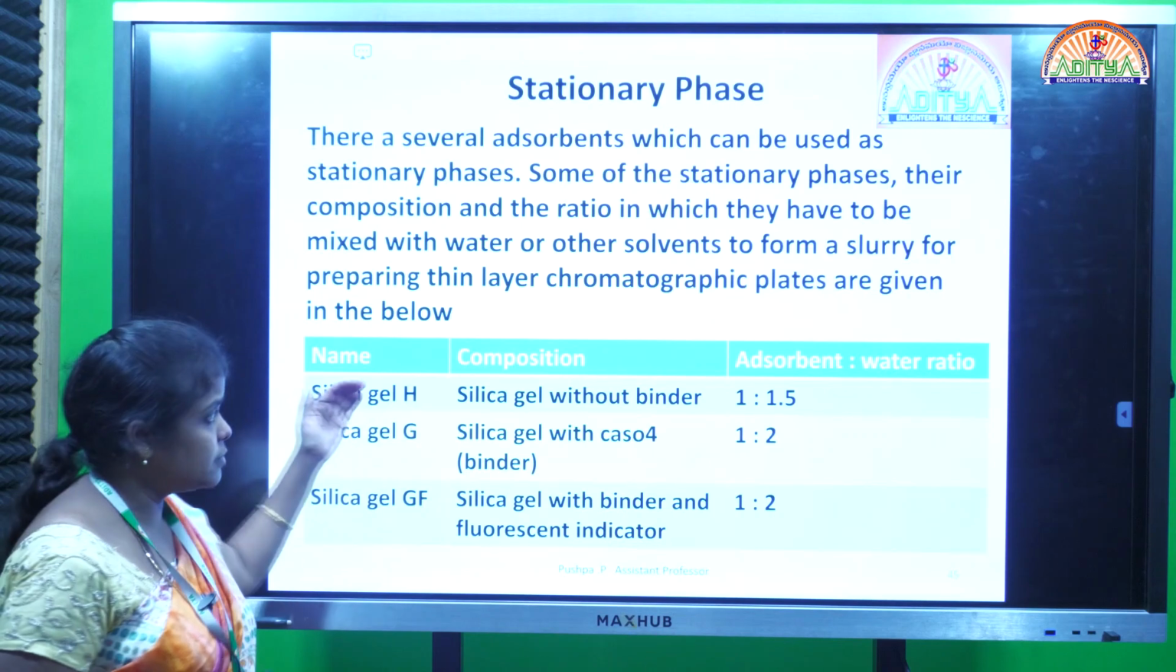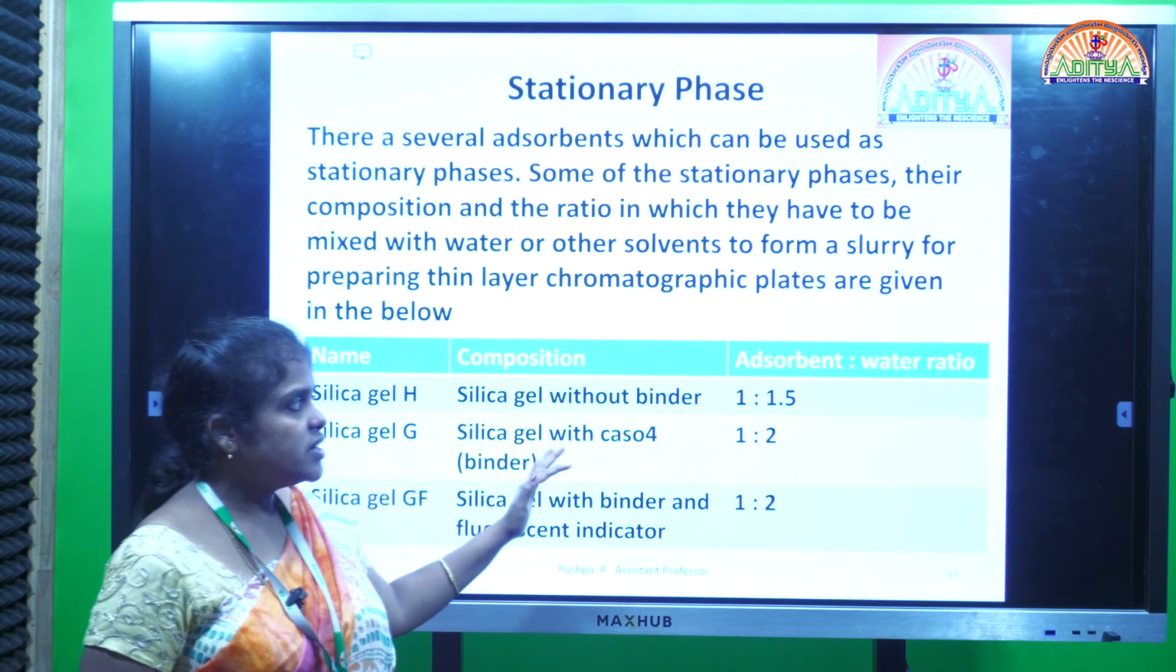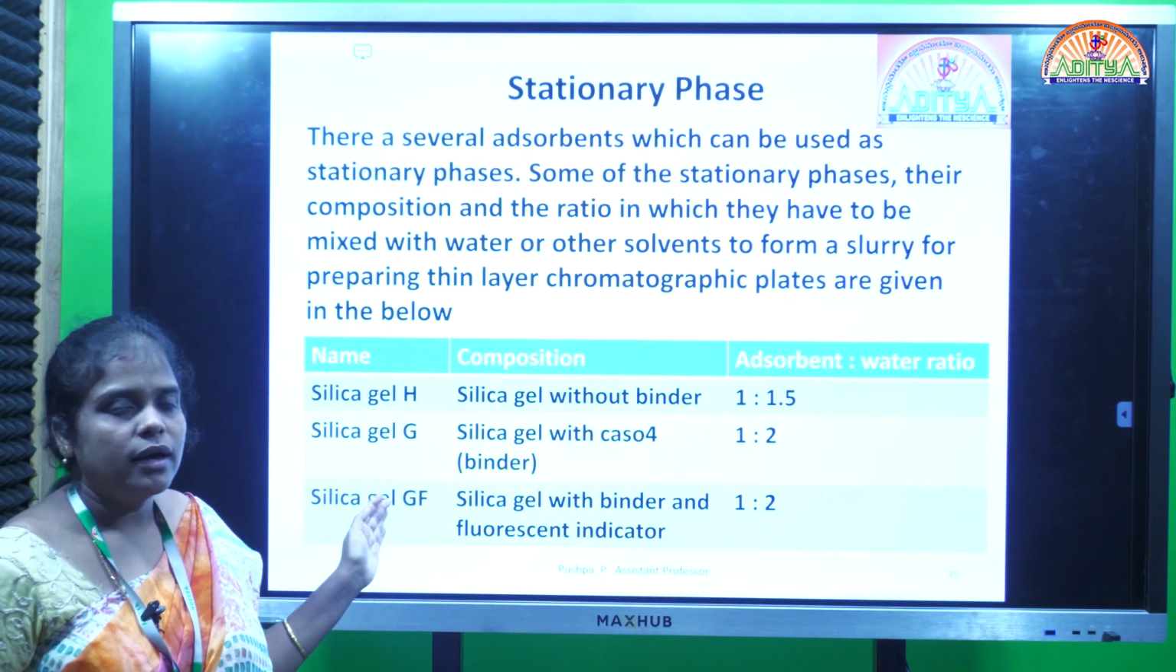These are the different types of stationary phases we will use, and how the stationary phases are made into slurry, in what ratios, is also here. Okay, next,